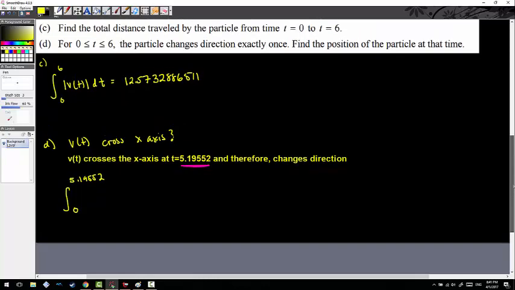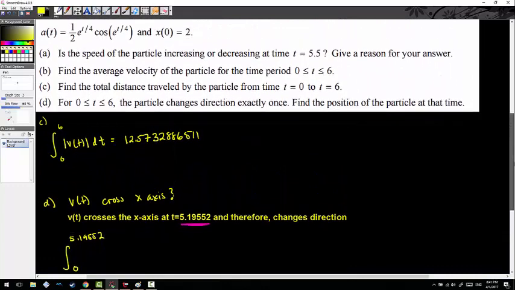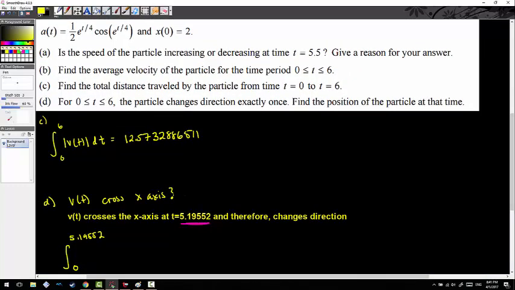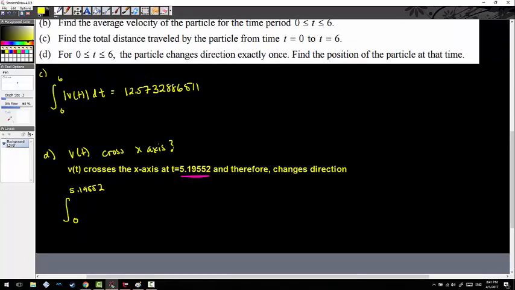That's actually not true. The reason why I'm starting at 0 actually has more to do with this fact right here. It's that x of 0 equals 2. They give me the position at time equals 0. So what I'm going to do is, using the first fundamental theorem of calculus, I can say that if I integrated v of t dt